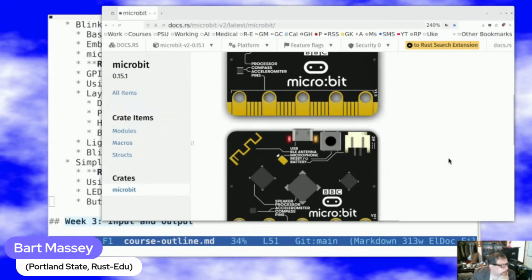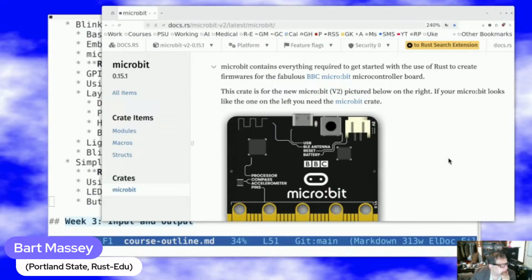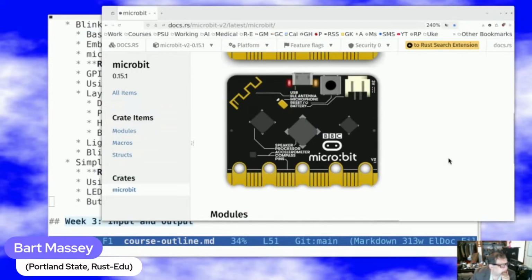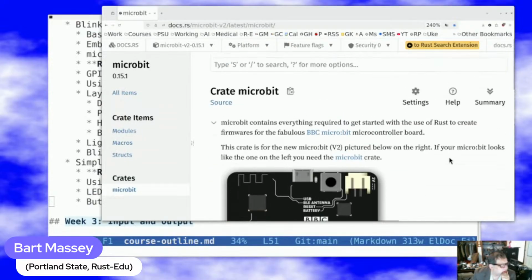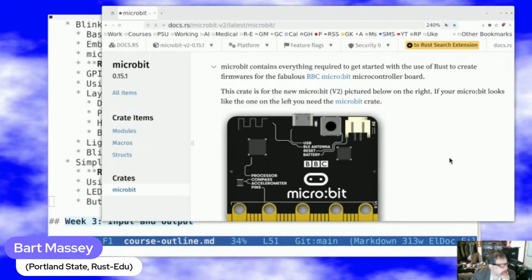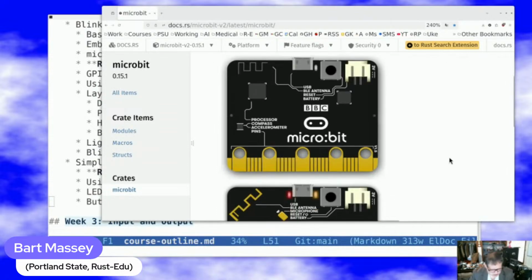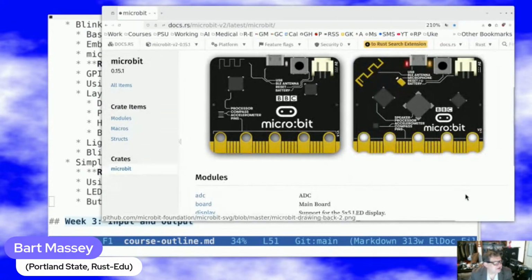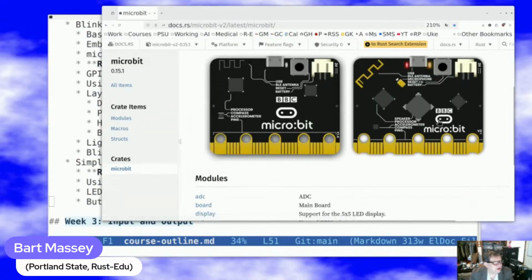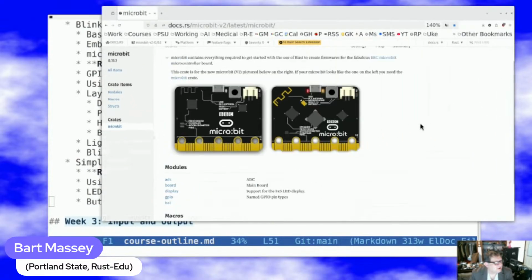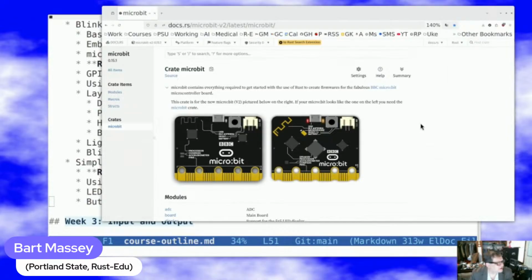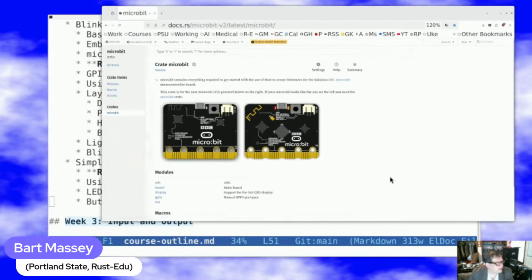Here's a nice picture of a microbit. No, that's an old microbit. Sorry. I'm not quite sure what on the right and on the left refer to here. Oh, I see. Okay. So this is our microbit. No, this isn't our microbit. Huh, that's odd. Their documentation looks kind of broken, maybe. Maybe this one's the right one. Anyway,